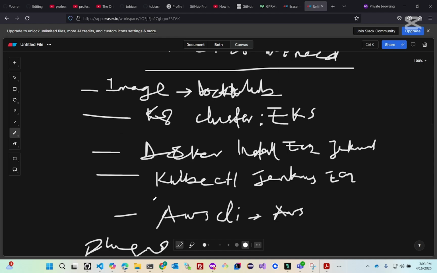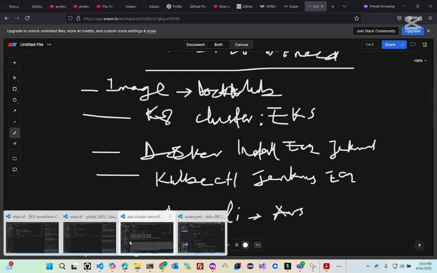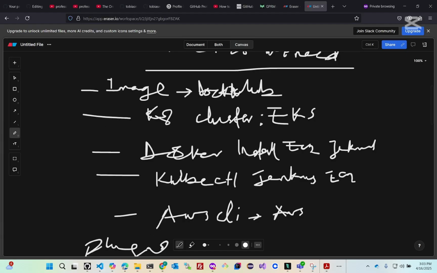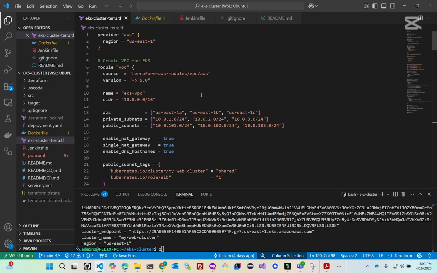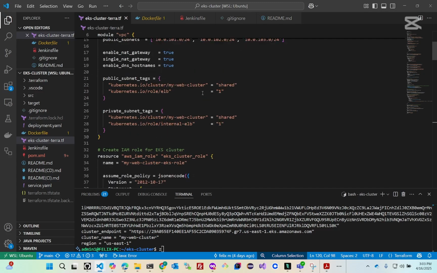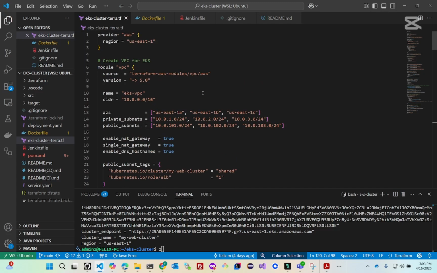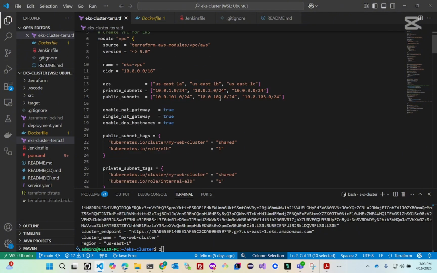Okay, this is my VS Code, and I already have a Terraform code. This Terraform code is going to create AWS EKS. It's going to create an EKS cluster in your US-East-1 region,